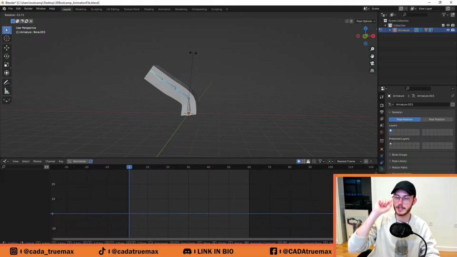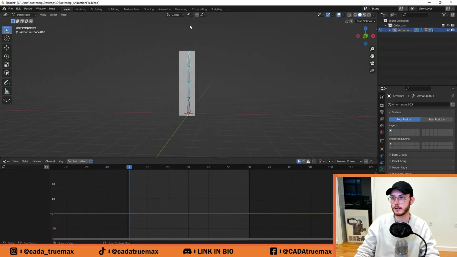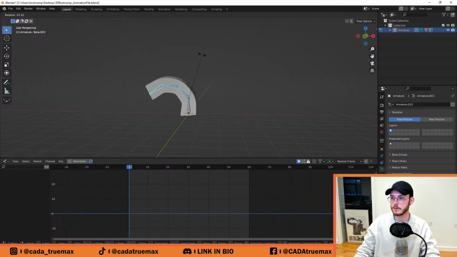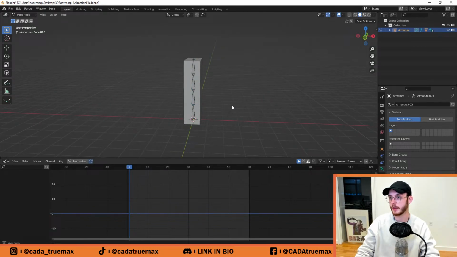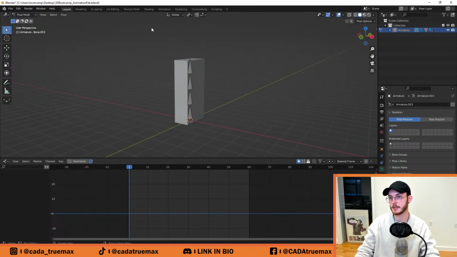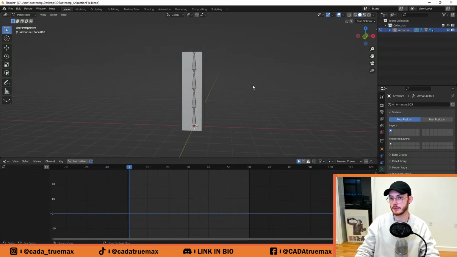And that means that you have to sit with each individual joint and animate those individually. We don't want that. So what we do is that we just select this little thing up here at the top and click individual origins instead. Now we get this result, which is a lot more fun and looks a lot cooler when it comes to animation. Cool. So those are the two specific things that we want to make sure is correct on all people's screens,